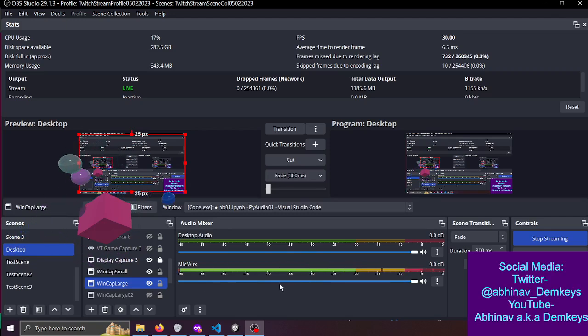Because if it's lower than the threshold, I'm just going to assume that there's no talking happening. It's just background noise that shouldn't be coming through, so I'm not going to take that into account. But if it's higher than the threshold, I'm going to assume that somebody is talking, which in this case is me. So I'm going to assume there are vocals coming through, and then I'm going to do whatever else needs to be done based on the fact that somebody is talking.